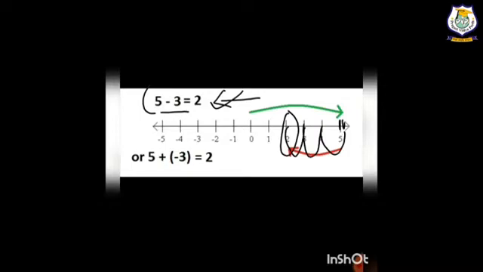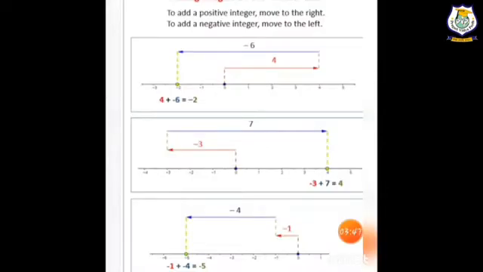And if we are doing it by our general method, that is also 5 -3. It means one positive, one negative, so we will have to find out the difference. So 5 minus 3 is 2. So from both the methods we have seen here, we are getting our answer correct, either by the number line or by the general method. For telling you more, I have taken here 3 examples. The same thing we will do: when the second number is positive, we will move right side. When the second number is negative, we move to the left side, right?